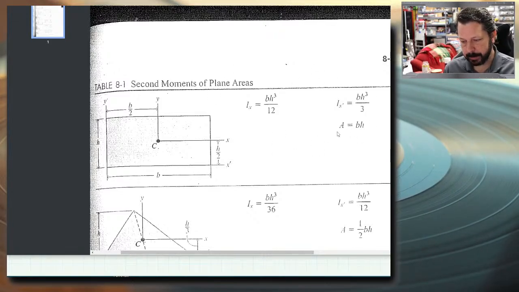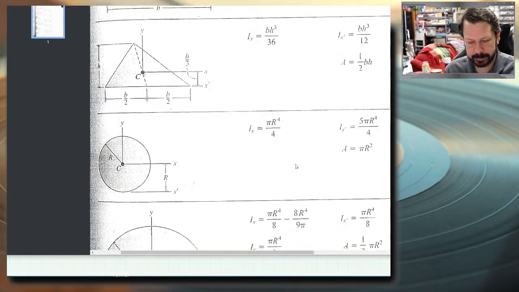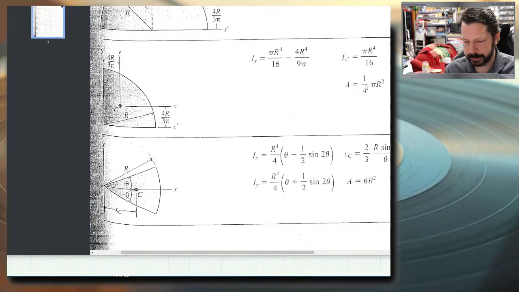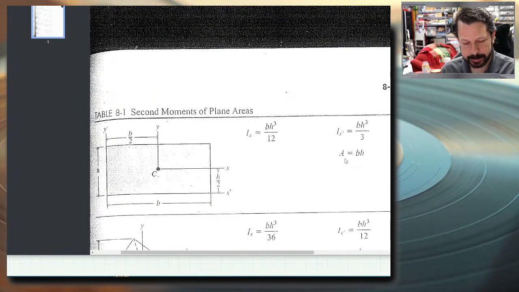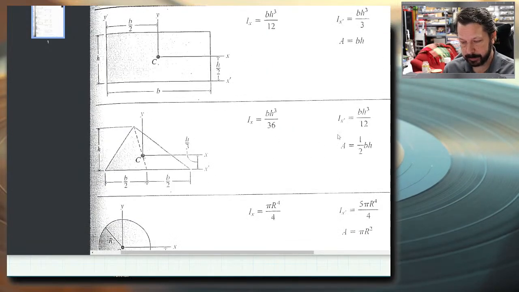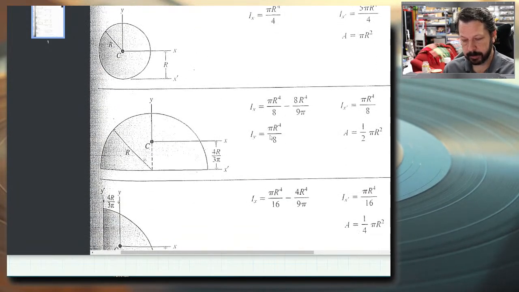So it gives us the area over here. That's just the area. Some of these have difficult to calculate areas potentially. So the rectangle is not one of those, but it still gives you the area. It gives you two equations for I. So Ix, I with a reference of the x-axis, and Ix prime, so the moment of inertia about the x prime axis. So most of these have two, some of them have three